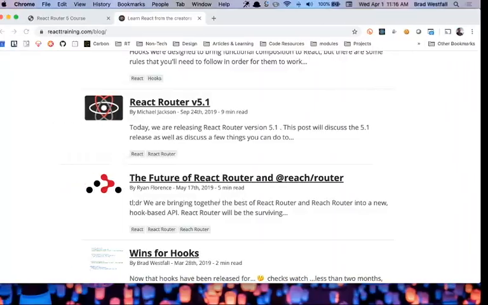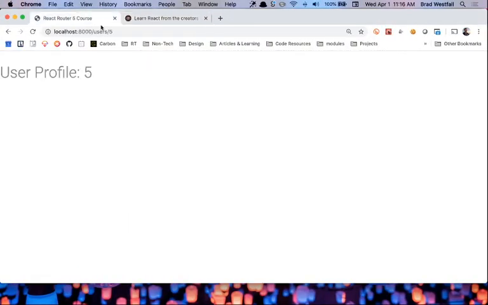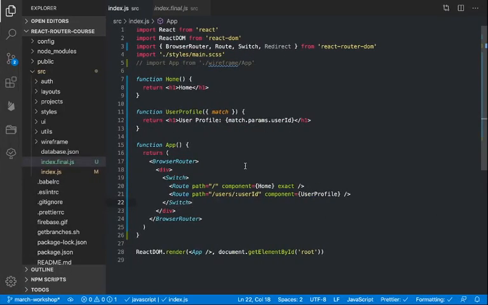Okay, so if we go back over here and take a look, you can see that I'm able to see what user is being loaded, and then obviously just the fact that I have this available to me proves that I can then use that to go and do a network request to get that information. This was cool and all, and it's nice and easy to write. Hey, if I have this path, go to this component. It was really nice. I like the API, except when you have these one-off weird scenarios,